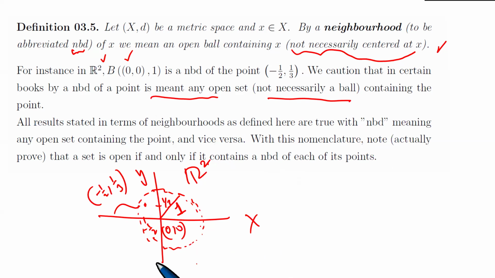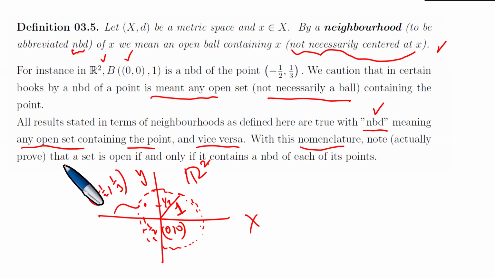So obviously here the neighborhood that is given is a ball, and the lecturer for this course is saying it need not be a ball, it can be an awkward set. All results stated in terms of neighborhoods are true, with neighborhood meaning any open set. By neighborhood (NBD), we mean any open set containing the point, and vice versa. So any open set containing the point is called a neighborhood of that point, and vice versa. With this nomenclature,